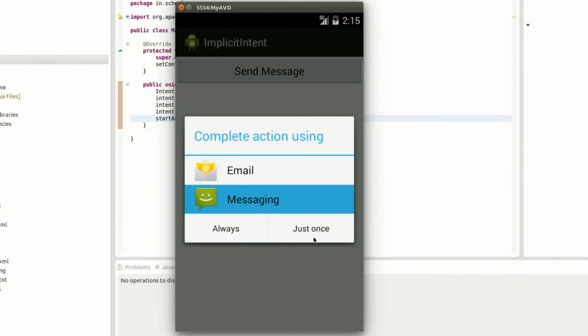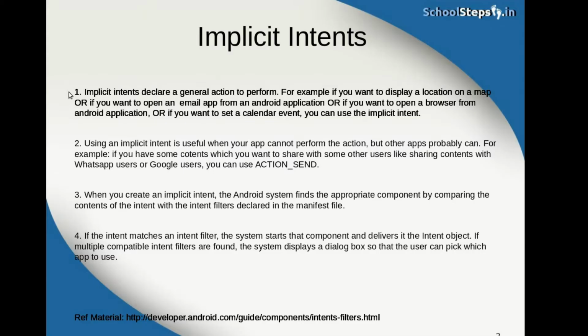Let's quickly jump to the PowerPoint presentation which we showed in the beginning of the tutorial. Point number 1 says implicit intents declare a general action to perform.